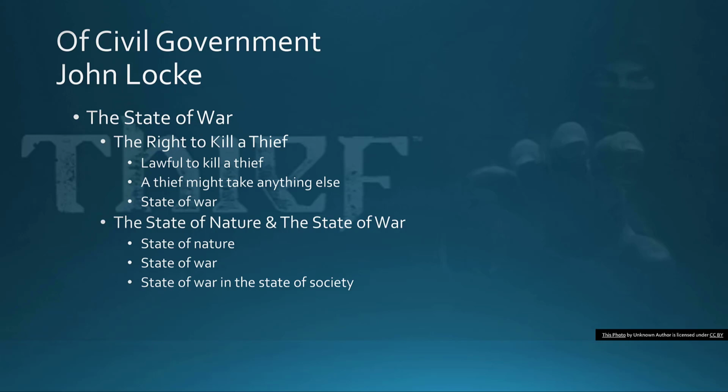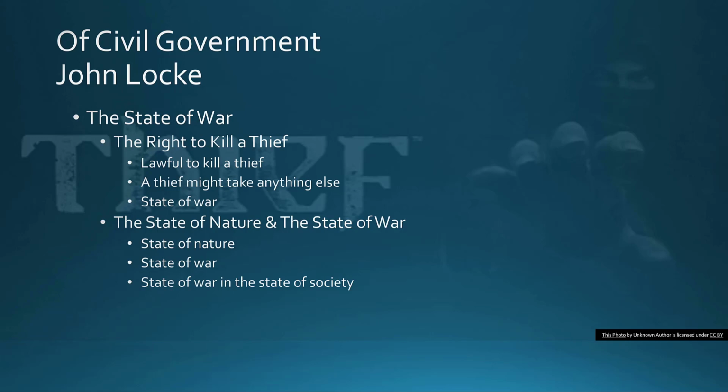Now, he further emphasizes how distinct the state of nature and the state of war are on his view. Again, for our good dead friend Thomas Hobbes, Hobbes takes the state of nature to be the state of war. But Locke thinks the state of nature is pretty good. It's a state of peace, goodwill, mutual assistance and preservation, and the state of war is a state of enmity, malice, violence, and mutual destruction. And so he sees the state of nature as not a bad thing.